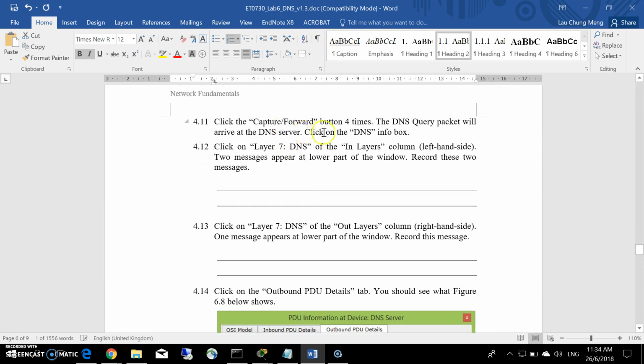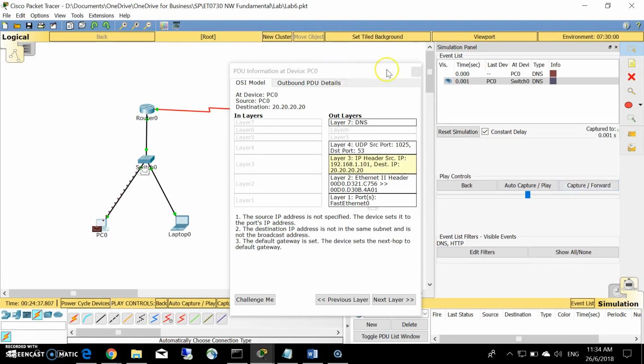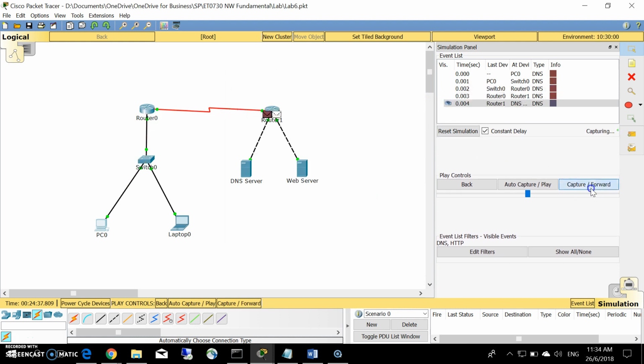Click on capture forward 4 times, such that the DNS query packet will arrive at the DNS server. Okay, let's do 1. I'm just going to close this. 2, 3, 4. So the query reached the DNS server.